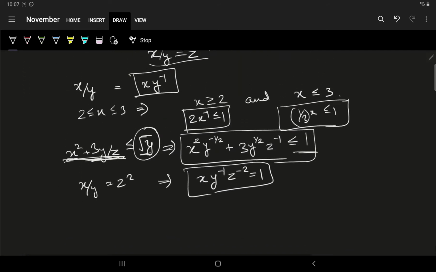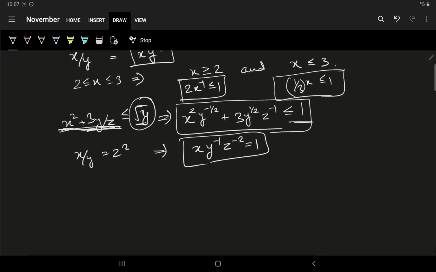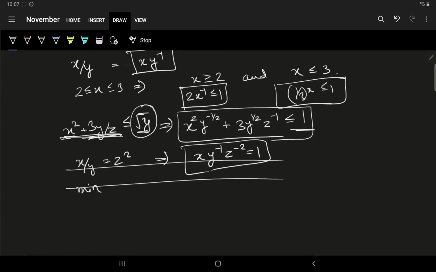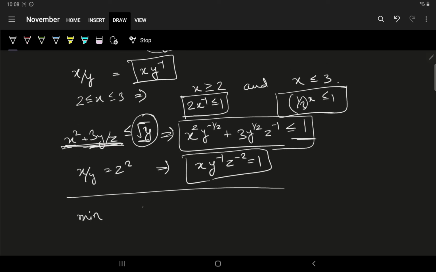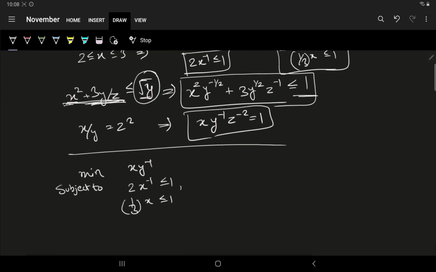So we can modify our objective function and the constraints as minimize, subject to 2x equals this, this,